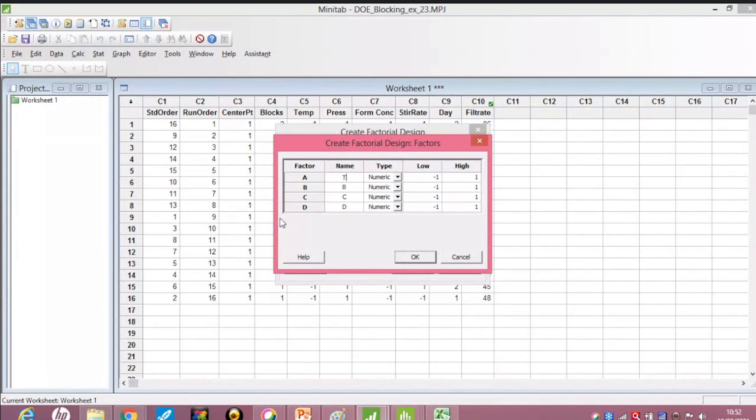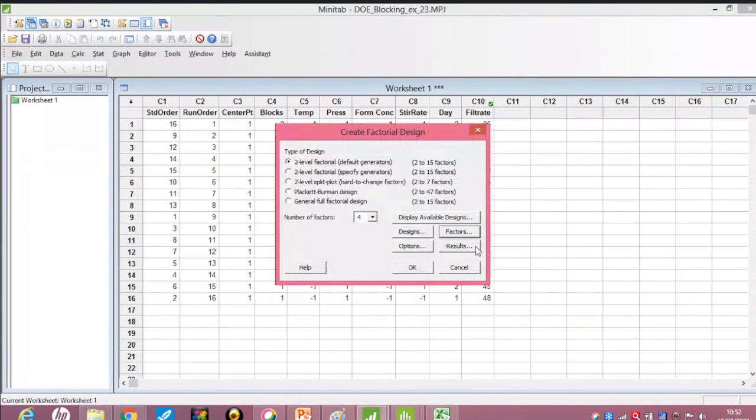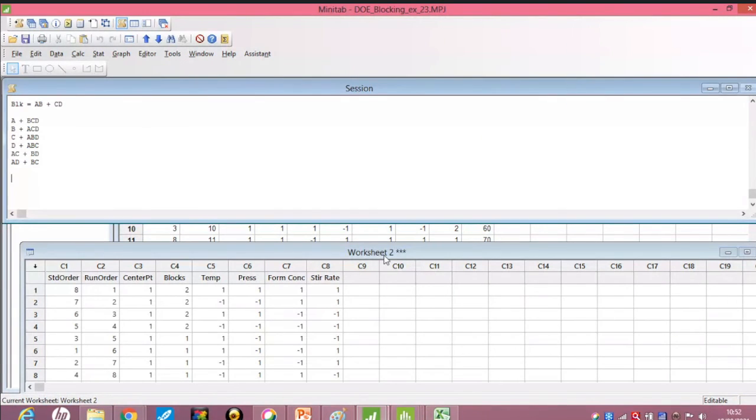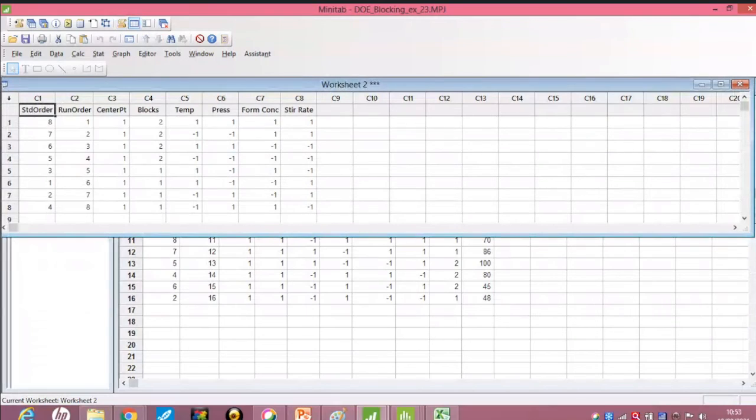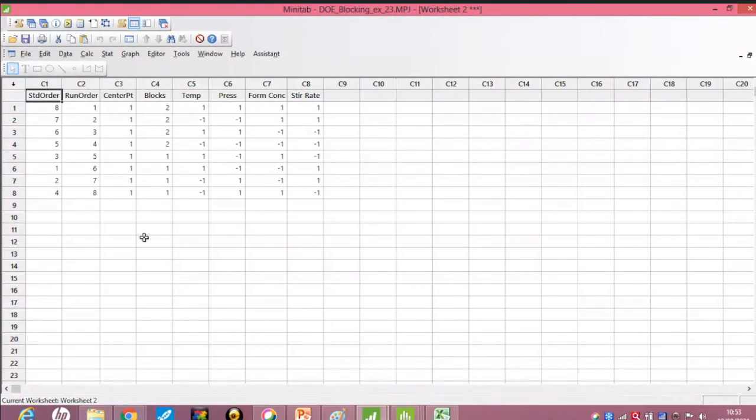First is temperature. We are getting 8 runs, and here we can see the block.